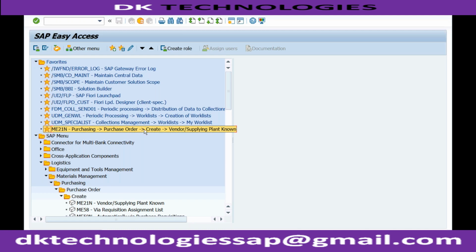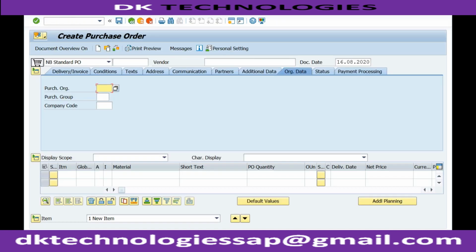So this is one way of making sure that you don't need to go to these details. So this is one kind of shortcut to have whatever things you want to do on day-to-day basis, you can add to the favorites. Second way is if you remember the transaction code. So for example, the transaction code for this activity is ME21N. So if you come here and enter your transaction code ME21N and press enter, system will automatically take you to